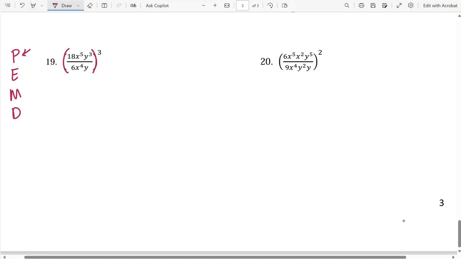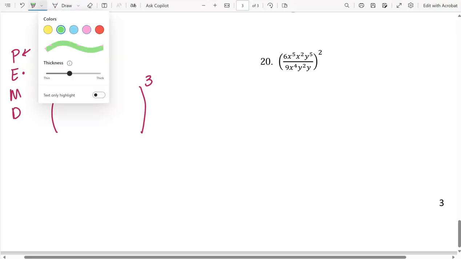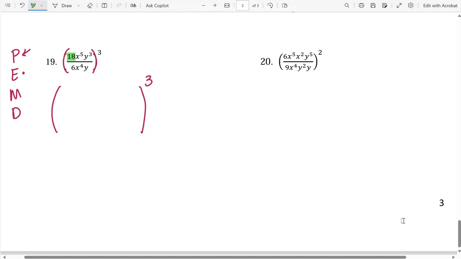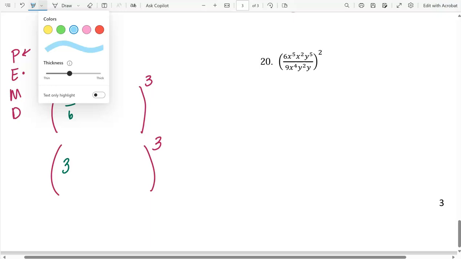Well, yes, we do. So go ahead and rewrite your big parentheses and the outside exponent, because that's going to come into play next. Inside of our parentheses, I have an 18 and a divide by 6. Those can be broken up and taken care of separately. 18 divided by 6 is 3. So let me bring this down so I don't lose track of where I am. Then my next base,